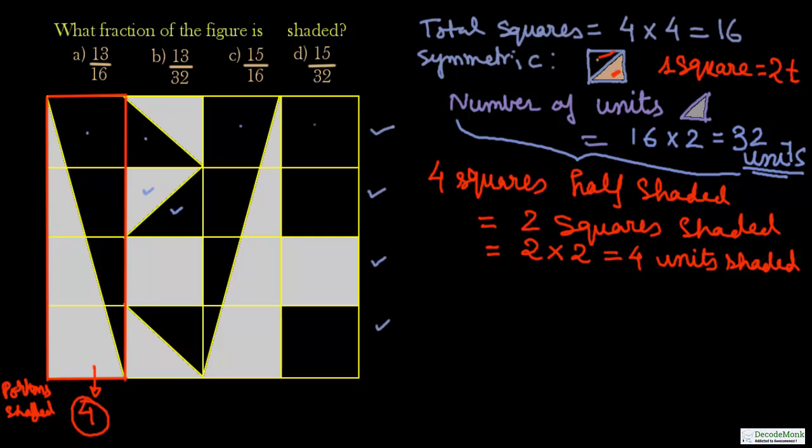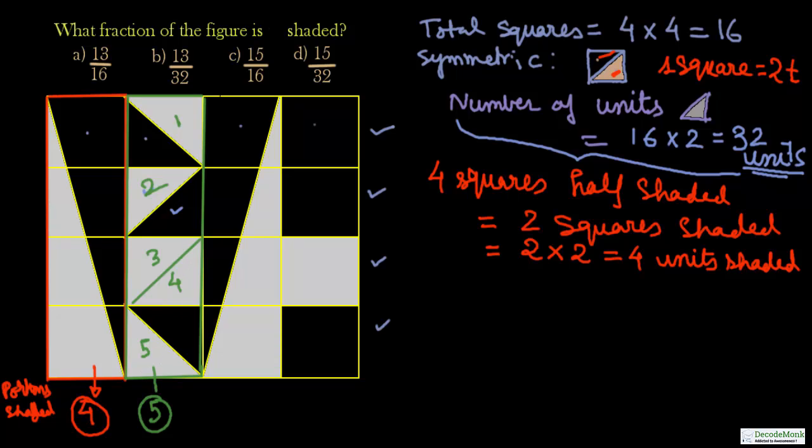Similarly, we will now consider the second column, and I will color the border of the second column rectangle with green color. Now this rectangle has got how many portions shaded, or how many units shaded? This is 1, 2. This is a big square. We will cut that down into two parts: third portion, fourth portion, and the fifth portion. So from here we can conclude that 5 portions are shaded for this particular rectangular portion.